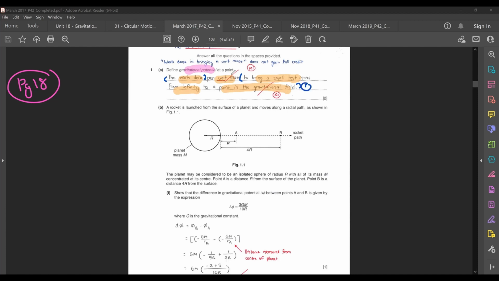You then saying that it is per unit mass is another point. That's where your 2 points usually come from. So this one is just something that you need to copy from the notes. If you look at B,